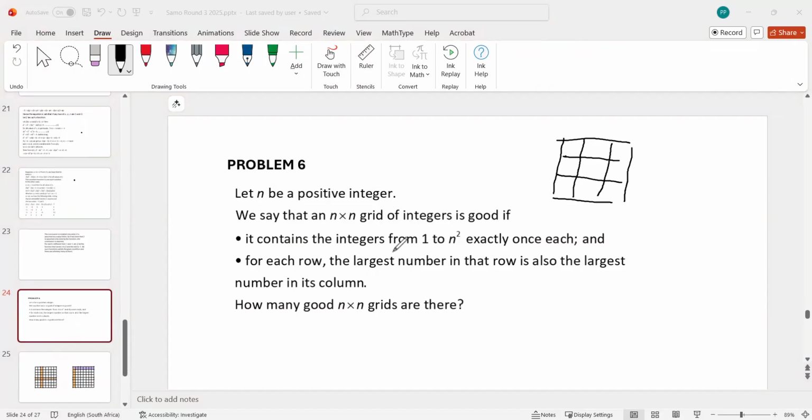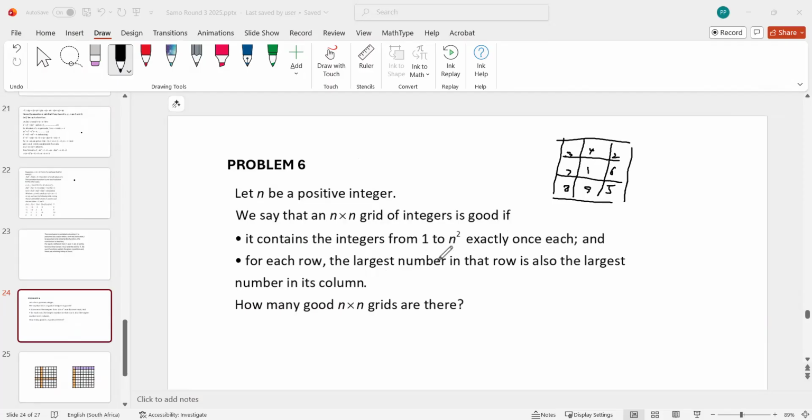So there are 9 symbols here. It contains the symbols from 1 to 9 exactly once each. So you can put 1, 2, 3, 4, 5, 6, 7, 8, 9, for instance, right? Now,